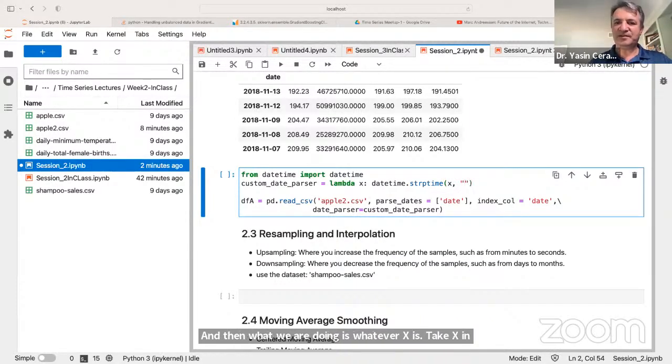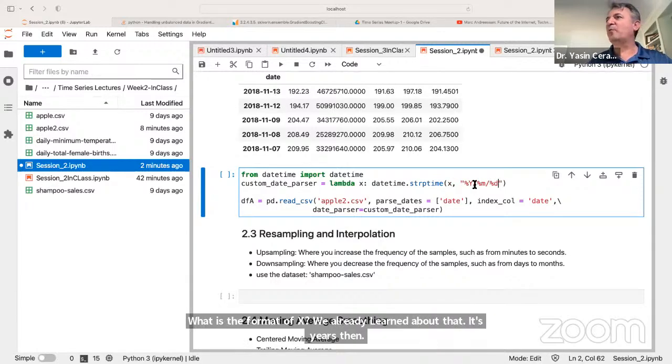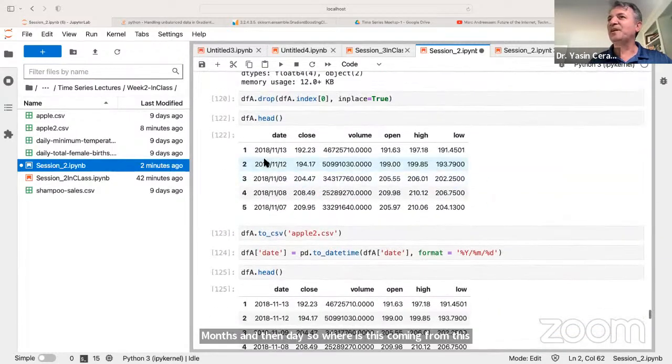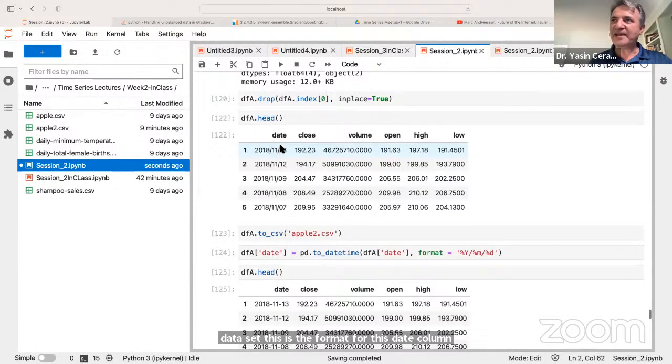Okay, what is the format of x? We already learned about that. It's year, then month, and then day. So where is this coming from? This is coming from the original data set. We checked the original data set. This is the format for this date column. So I take this, I'm exactly expecting this format, the first